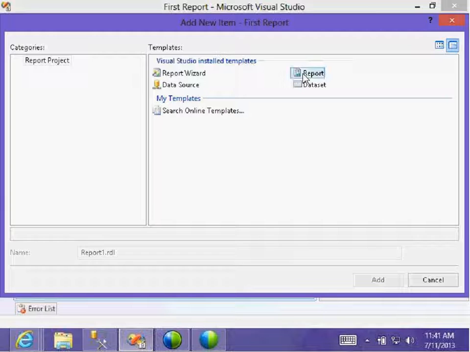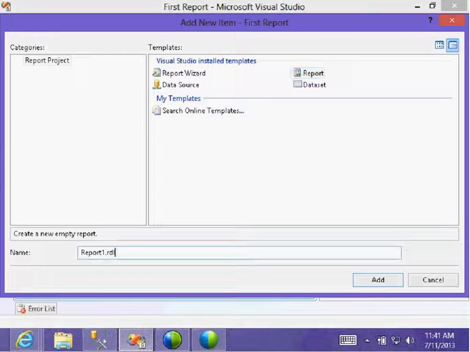Let us take Report. The name is what? An RDL file.